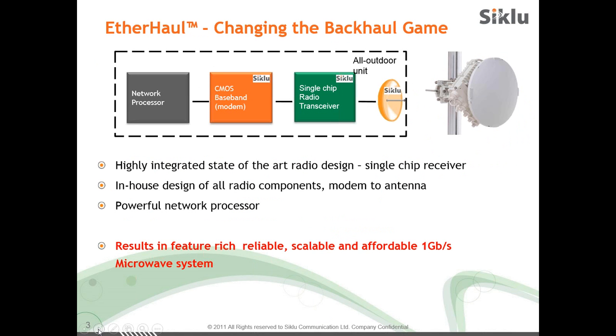As you see, these are the basic building blocks of the radio, and you see our name, Siklu, here on the major component, and this is our basic know-how. The antenna feeders, all the antenna design is our design. The RF chip, which is silicon germanium, is our design. It's a very sensitive technology, but we were able to integrate it into silicon. Same goes for the CMOS baseband modem. The only part which we buy off the shelf is this network processor, and we're enjoying both worlds. We're enjoying our unique technology, and we're enjoying an off-the-shelf network processor, which brings in all the Ethernet